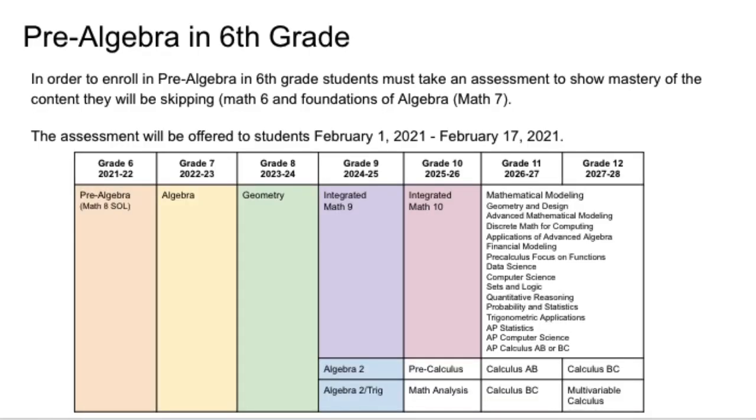Some students may be interested in accelerating 2 years in mathematics, skipping Math 6 and Foundations of Algebra, in order to access multivariable calculus in high school. Students who wish to enroll in pre-algebra in 6th grade must take an assessment and meet the qualifying score. This assessment will be available to all students who are interested in this mathematics pathway. Interested students will work with their 5th grade teacher to schedule taking the assessment. Students who receive a qualifying score on the assessment will be recommended by their 5th grade teacher for pre-algebra in